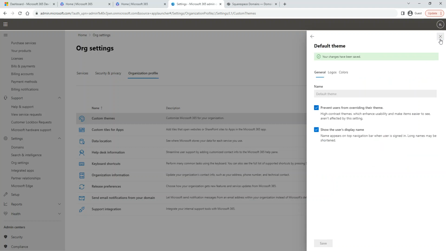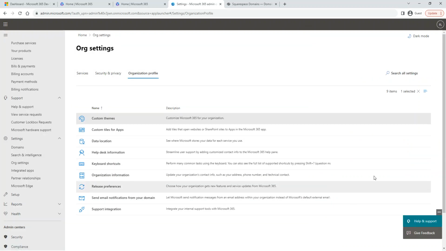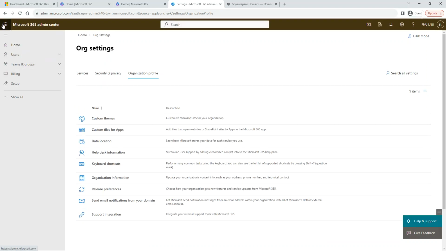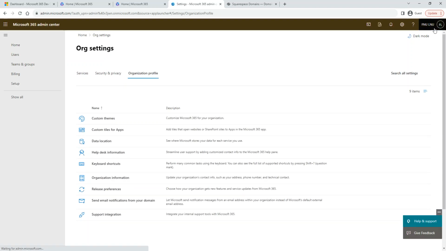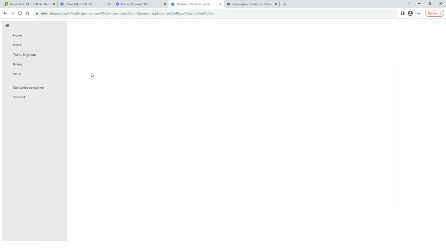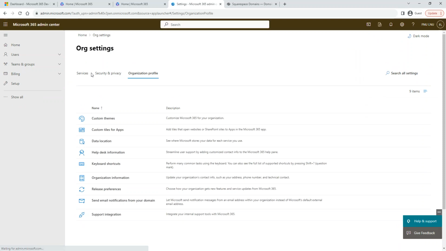Okay, I saved it. And then you prevent users from changing it and stuff like that. Then I'm gonna refresh my browser. My setting is going to show like this, right? Look at that. So you can see exactly what is going on. It's still my first name, my last name. You see that? I picked display full name here. That's what is going to be displayed based on my organization preference. That's one of the policies in the UI piece.